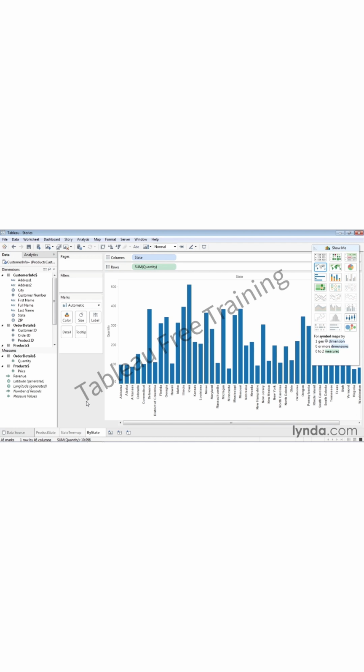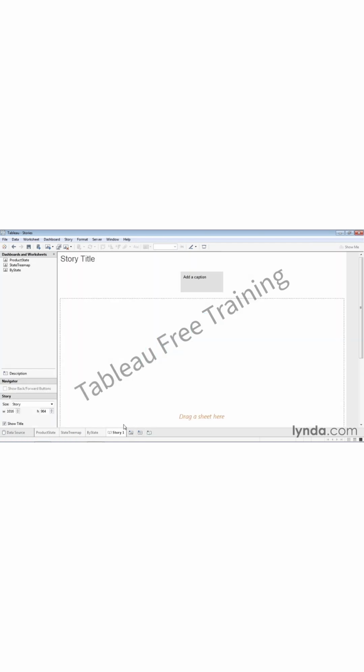To do that, I can go to the taskbar at the bottom and click the New Story button. It's the third on the right. When I click that, I get a storyboard, and I can drag my first sheet from the Dashboards and Worksheets area to the Drag a Sheet Here area. And I'll just go in order. So I'll start by dragging in Product State,